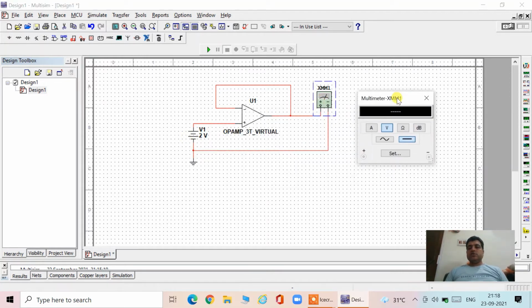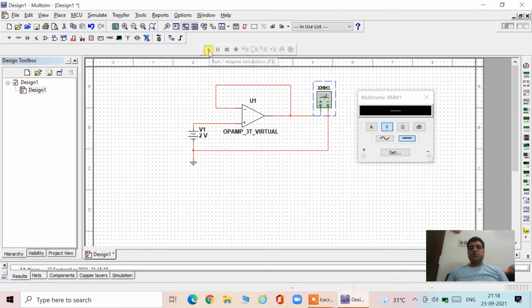Clicking on this, you can see this is a multimeter. It can measure current, voltage, and resistances. When I am clicking on the voltage, you will see AC and DC. Here the voltage is DC, so click on DC. If we want to measure the current, then place on A, then decide which type of current you want to measure, AC or DC, and connect these two wires in series mode. But presently I have to measure the voltage, so I'm clicking on voltage and DC voltage. So it's set. Now I'm going to simulate it.